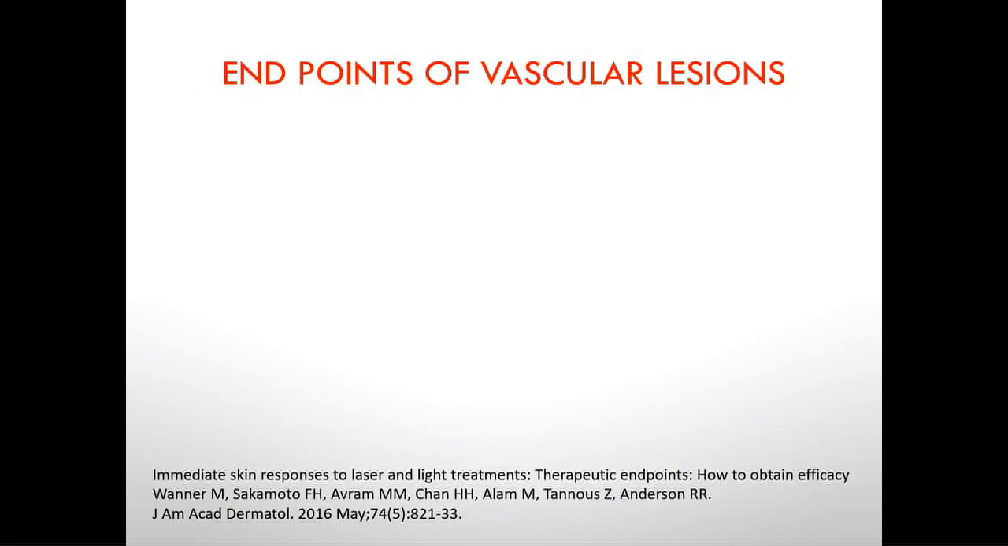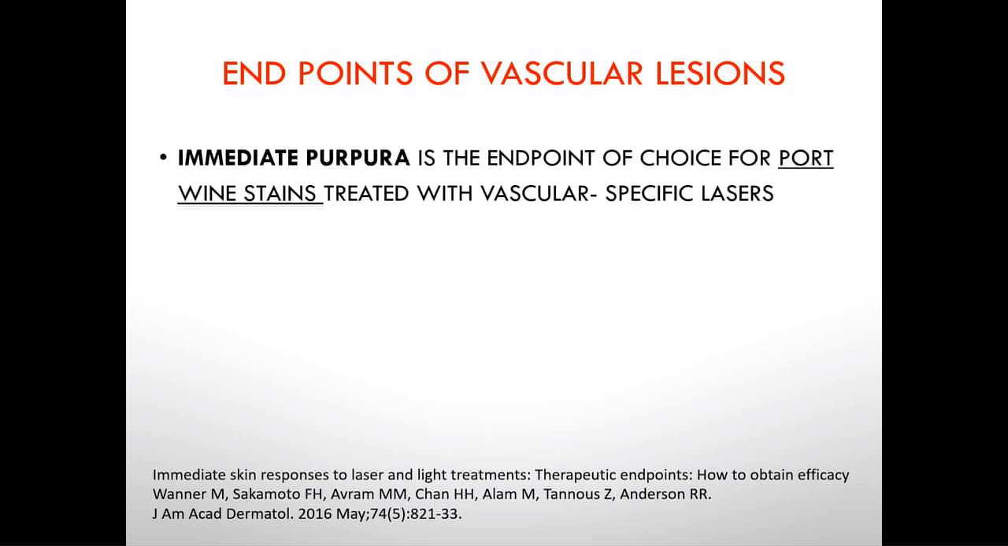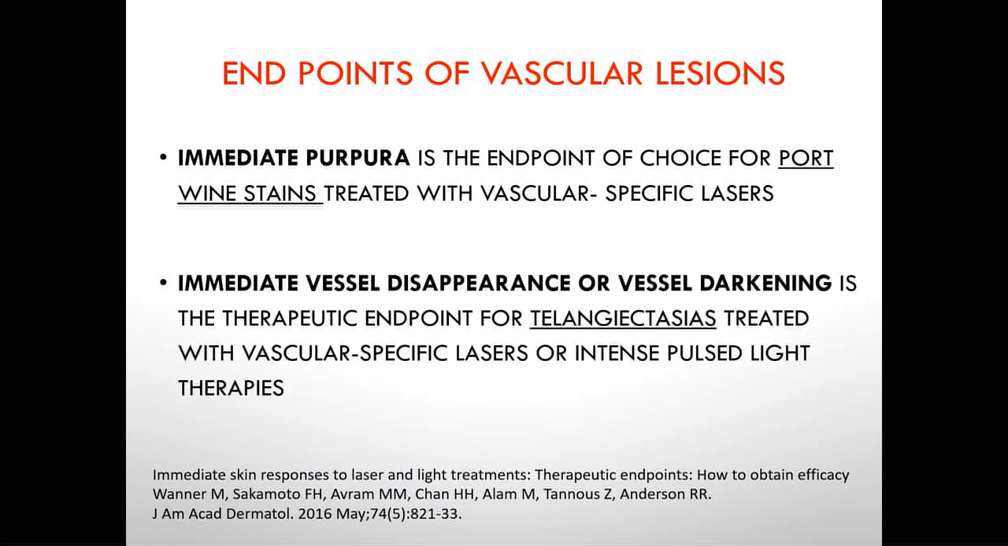There are other vascular lasers and light sources. What are the endpoints? I advise you to look at this article by Dr. Warner et al. about the therapeutic endpoints. Immediate purpura is the endpoint of choice for port wine stains. However, if you're treating telangiectasias, you can have immediate vessel disappearance or vessel darkening, and this depends on the pulse